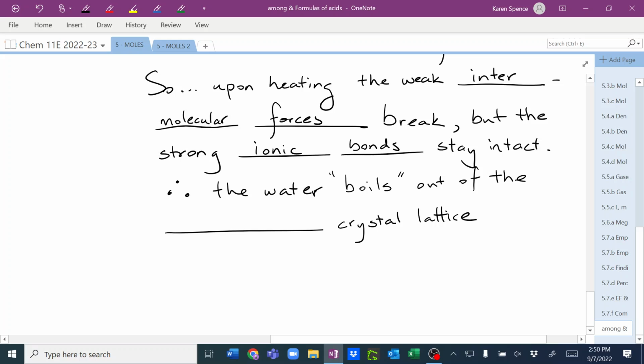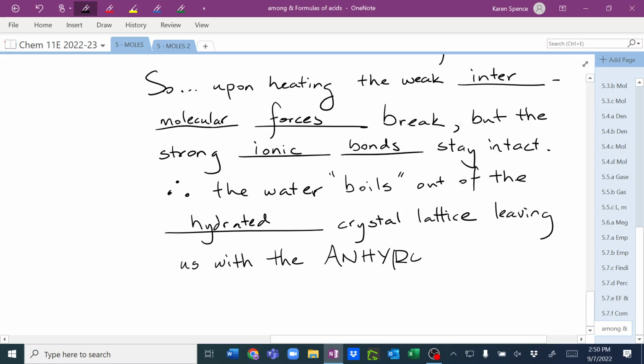So the water boils out of, what is the word we use when the water's in there? It's hydrated, so it boils out of the hydrated crystal lattice, leaving us with, and here's a new word for you, and again, you don't need to know this for this unit, but it is part of the lab, so I'm mentioning it, okay? With the anhydrous, I cannot spell. I still can't spell. There's a D before the R. An means without. Hydrous is water. Okay, so that leaves us with the without water